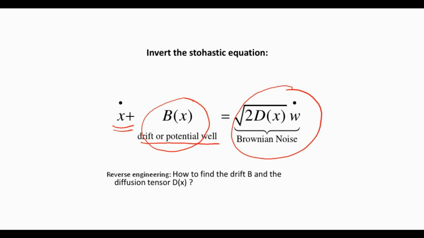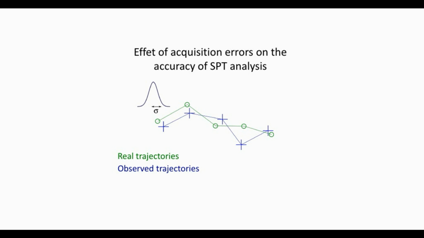So now the question, once we have decided that the model for our physical process is this coarse-grain equation with not necessarily any specific relation between the drift term and the diffusion coefficient, then in that case what we're interested in is to recover B and D from the trajectories. So this actually is possible, but before that I would like to attract your attention on another point